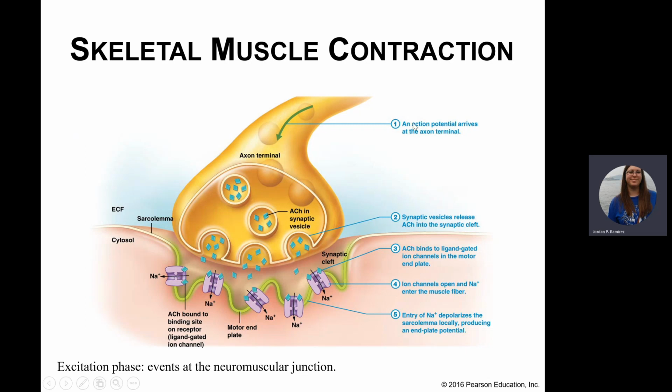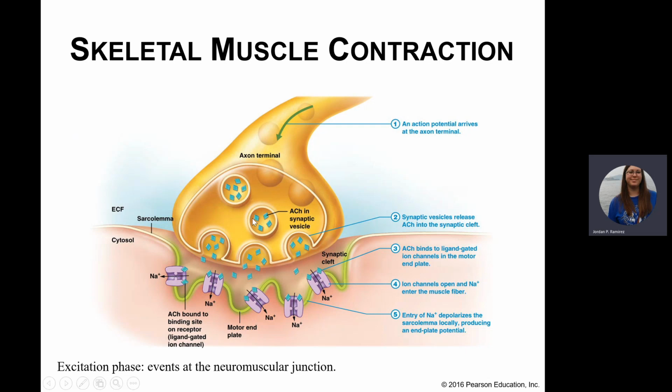So we have essentially an action potential coming down here from the brain to the very end of our neuron, the axon terminal. At the axon terminal, you have these little bubbles, synaptic vesicles, which are filled with chemicals. That chemical is essentially a neurotransmitter. It's a specific one,